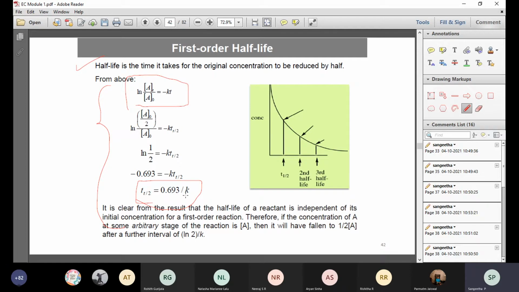I hope this you might have applied in your school days itself, isn't it? Have you applied it or not? Yes. Maybe for half-life, I may ask you a few problems based on half-life, as well as some on the order of the reactions. Please note that, because derivations and other things are well known. Copying the same derivation, whatever is given in the textbook, is not going to help you.